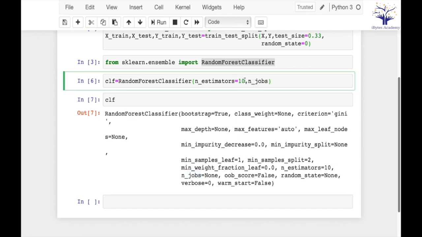What -1 means is to use all the processors of my system, right? To use all the processors of my system. If we pass n_jobs equal to -2, that means use all the processors except one. Okay, so just leave one processor and use all the remaining. But I will pass n_jobs equal to -1, which means use all the processors. Okay, so